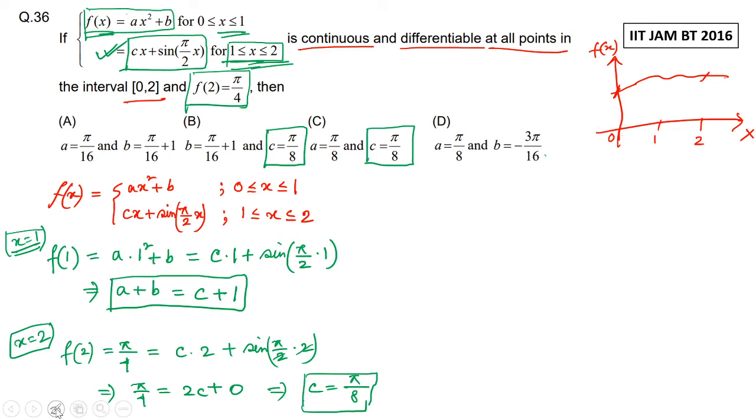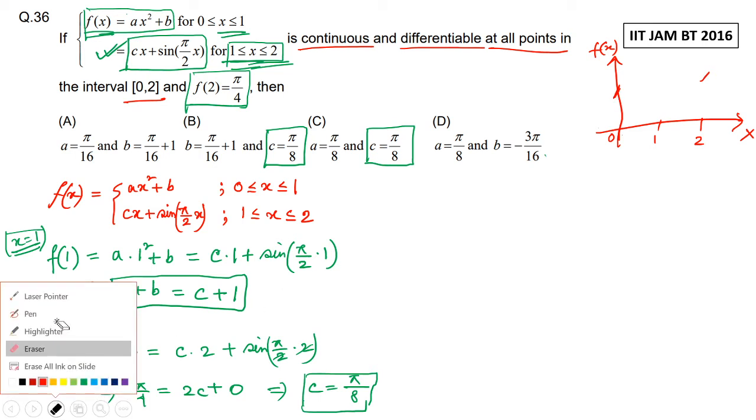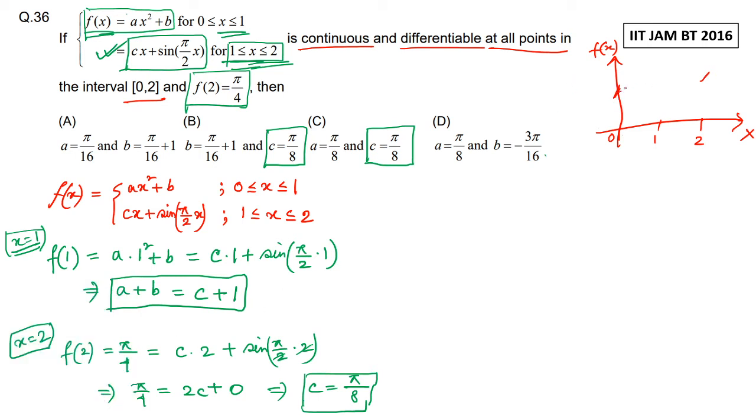Okay, I can draw like this. Actually, I should erase it and let me draw like this, suppose. Okay, so at the point x equal 1, the function is continuous, and that's why we could get this. We could get this thing, right? If the function was not continuous, then we could not equate these two.